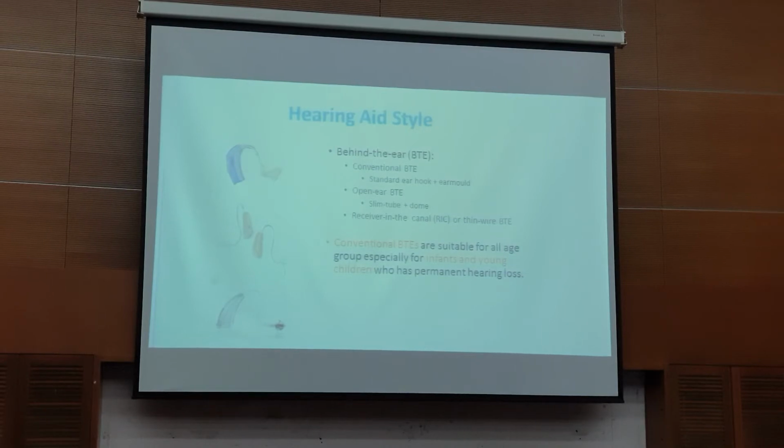So even though there is a dome for severe losses, for profound losses I would recommend going for the full shell earmold, or might as well just consider a cochlear implant. Alright,